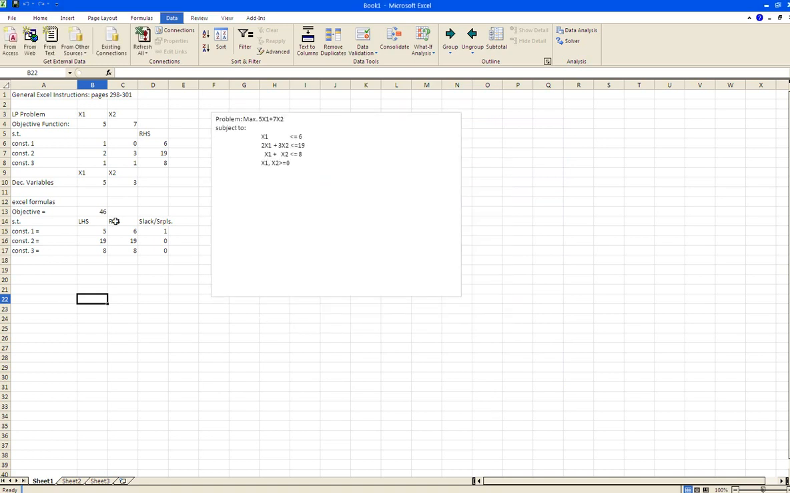Keep Solver solution. And notice the answer is x1 is 5, x2 is 3, and the objective function value is 46. So this is the method that is used to solve linear programming problems. And so you can use the same approach to solve any problem: maximization, minimization,